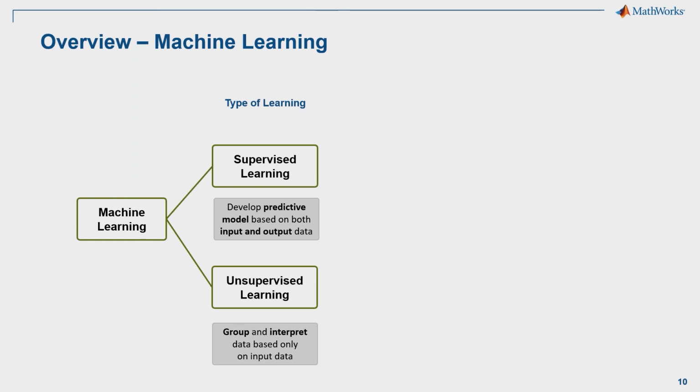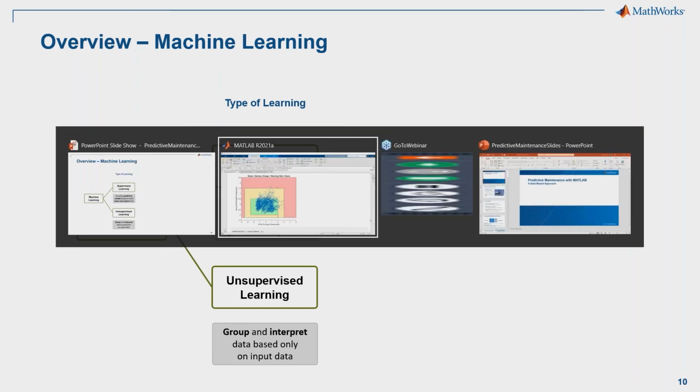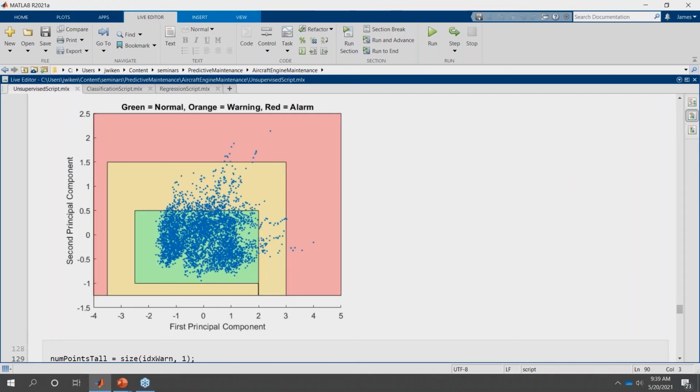It's where you have input and output data and you're building out a predictive model. Things like classification, regression, that sort of stuff falls into here. Unsupervised learning is where we don't have any output data, right? So in this case, we don't know what failure looks like because it was always brought down for maintenance before failure occurred. And so all we can really do is try to group and interpret and understand the trends in the data. And so that's what we were really going for here, right? We were looking at the data, trying to find a good way to represent it, to be able to visualize it, be able to understand what's going on, and then be able to make some of these groupings so that we can actually act on the information that we have.